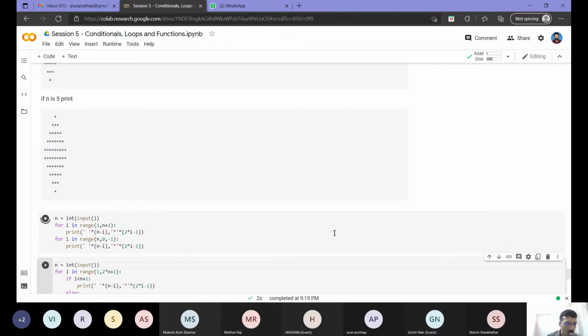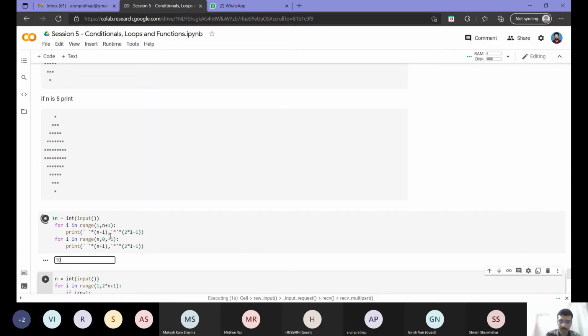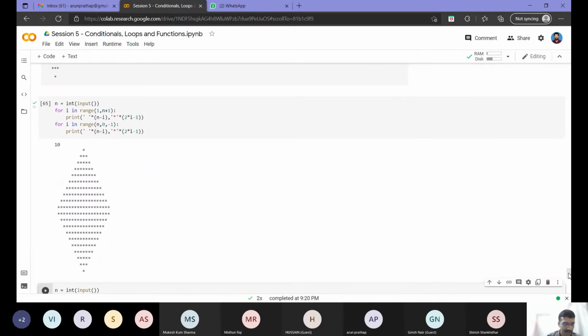I just copy paste my earlier two for loops and print them one by one. Then I will get one triangle facing upwards and one triangle facing downwards. It is the same code that we did earlier for the individual triangles, I have just put it one after the other. Now, one question that can come to your mind is, are two for loops necessary here? Can I implement it using a single for loop?